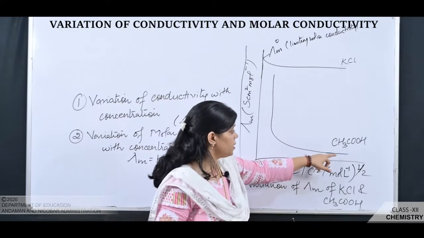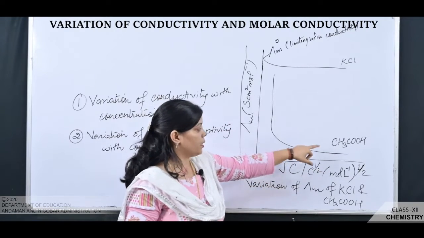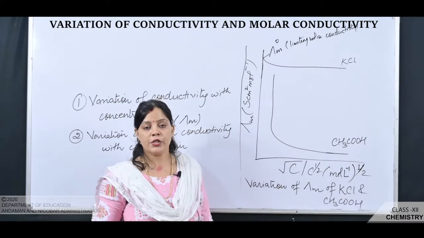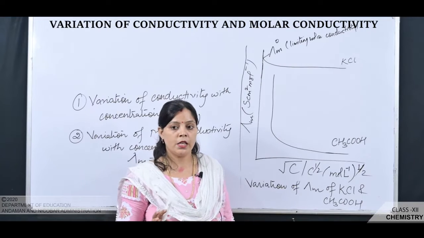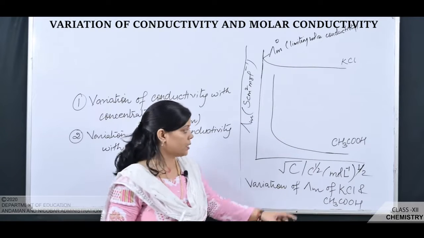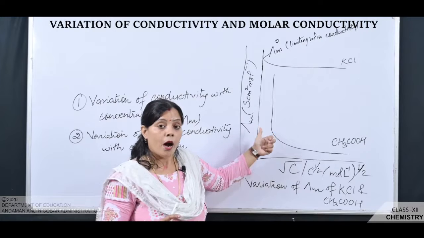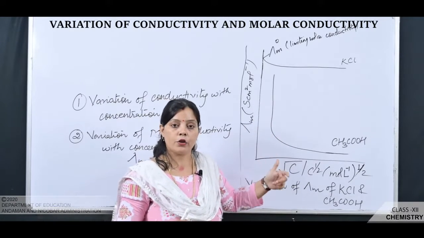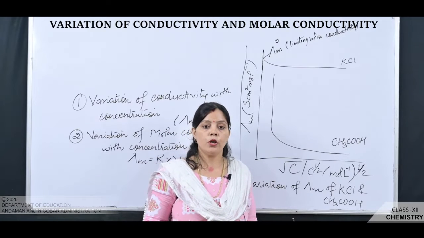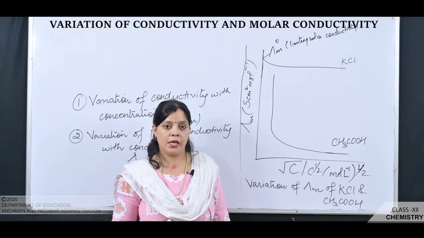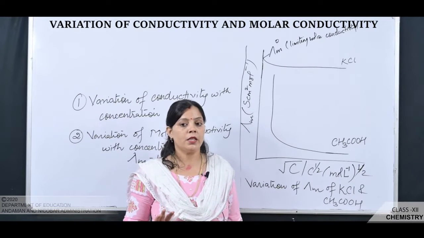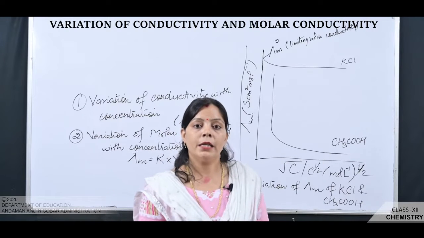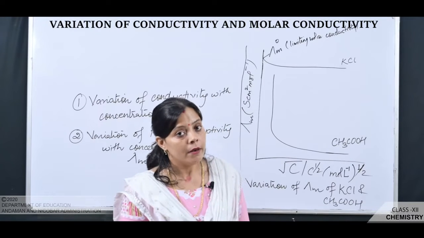Second, students, you see that this is the graph for the weak electrolyte, that is acetic acid. Here there is no indication that the limiting molar conductivity value can be attained, because when the concentration approaches 0, the graph becomes almost parallel to the y-axis. Thus, for a weak electrolyte, the value of limiting molar conductivity cannot be obtained by simply extrapolating the graph to zero concentration, and it is obtained indirectly by Kohlrausch law, which we discuss in the next topic.